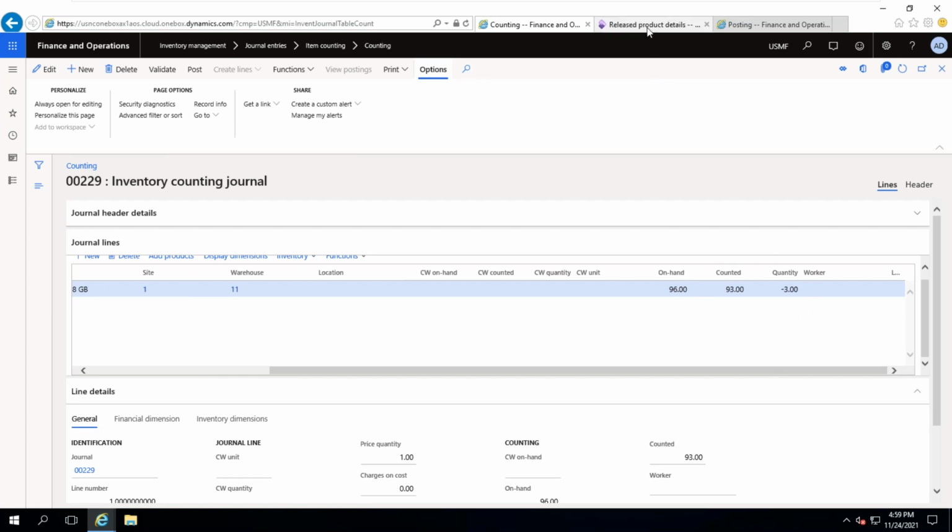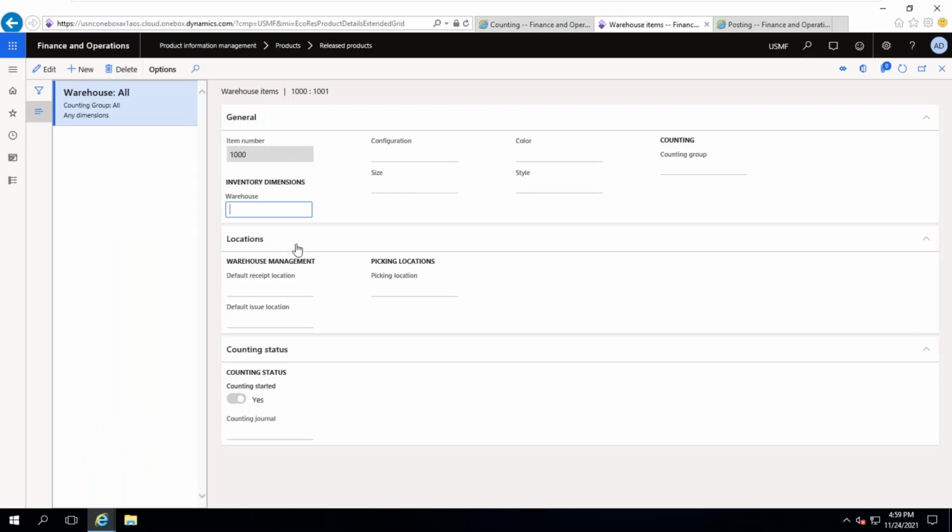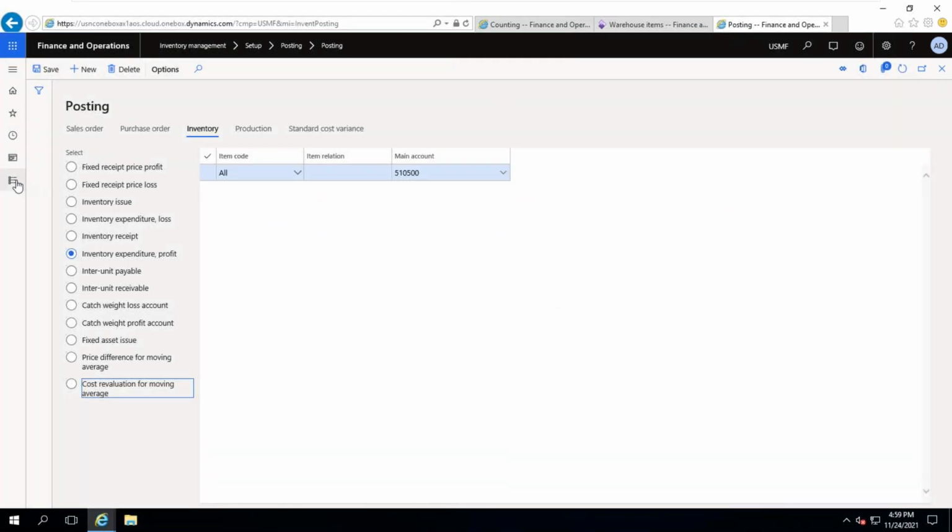Okay, during counting, if you want to stop transactions, I mean to say should not post any transactions, then there is one checkbox. I will explain, I will show you, not here. So in inventory management parameters,